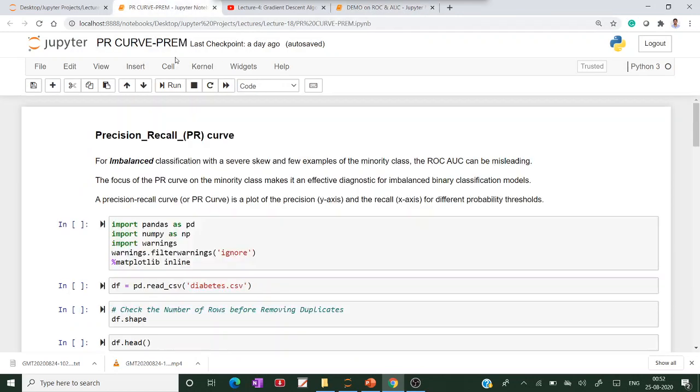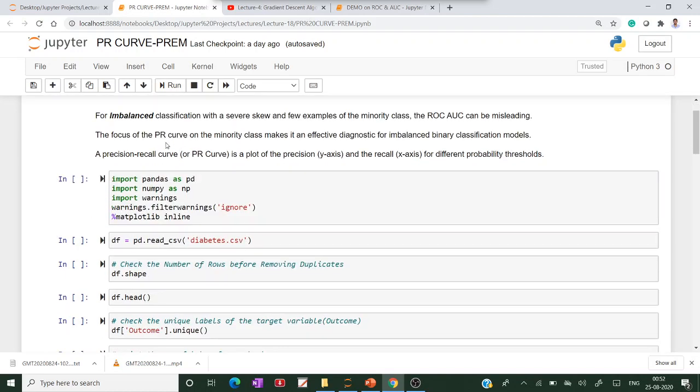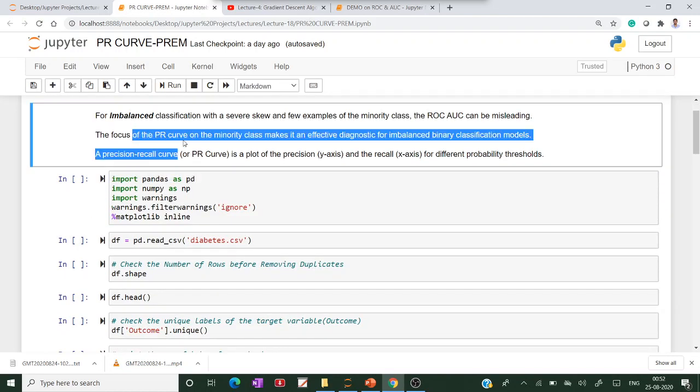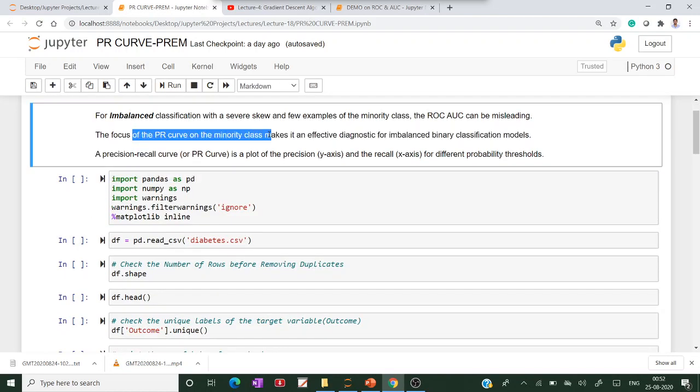So if you see the precision recall curve, this is the precision recall curve. This is for imbalanced classification. This focuses on the TPR on the minority class, making it an effective diagnostic for imbalanced binary classification. The precision recall curve is also known as the PR curve.